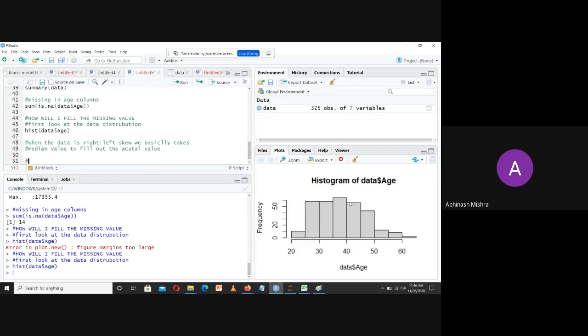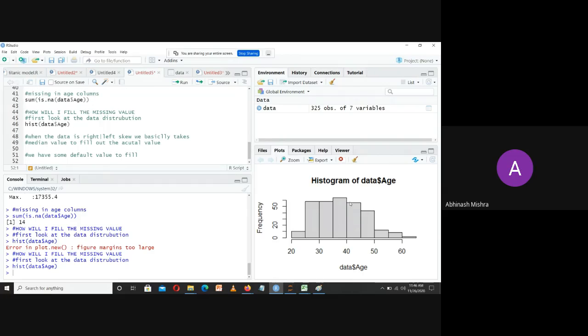Or in another case also, we have some default value to fill with. If somebody says that no, you have to fill this particular default value, then you can fill the default value.